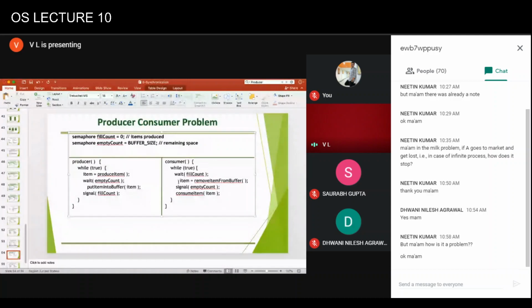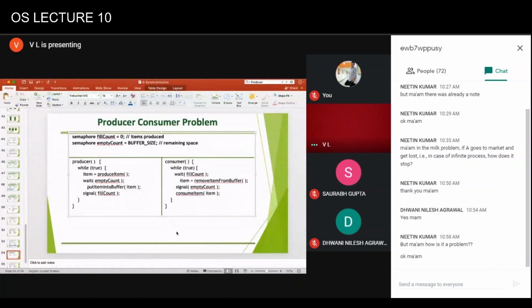Now this signal to the consumer will be effective only if the fill count is equal to 0 and the consumer has gone to sleep. The consumer will be woken up, and then it will remove the item from the buffer, and it will signal the producer because now a slot has become available. So when a slot becomes filled, the producer signals the consumer, and when a slot becomes empty, the consumer signals the producer. When the buffer becomes full, the producer has to sleep, and it can be woken up only when the consumer consumes something. Similarly, if the buffer is empty, the consumer goes to sleep, and it can be woken up only when the producer writes something into the buffer.